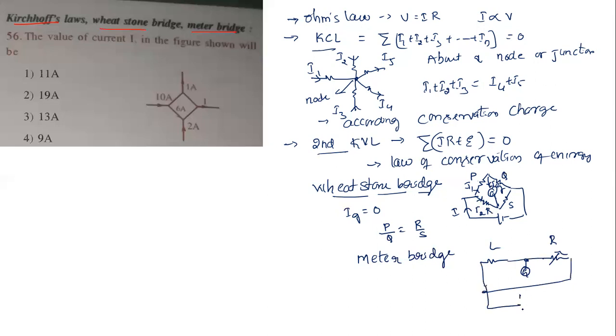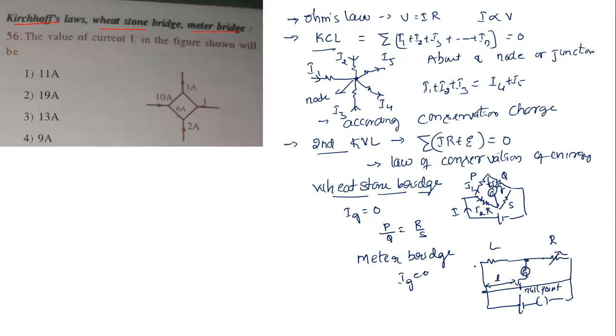Here we are going to connect a battery with a plug key. And if you want, you can connect a rheostat, a variable resistor, to change the value of current. If not, not an issue, leave it. When you connect a galvanometer to the jockey, we find the balancing length. What is the balancing length? The length at which the current through the galvanometer becomes 0. This is what we call the balancing length, and this point is what we call the null point. Null point means the current there is 0.